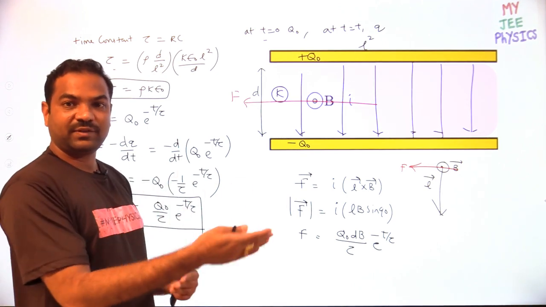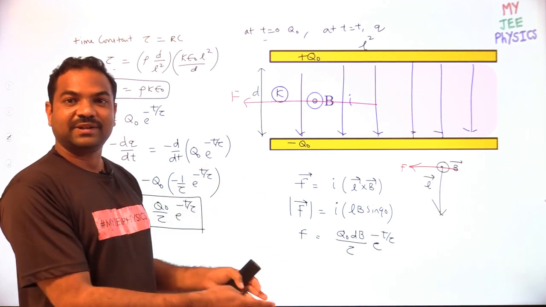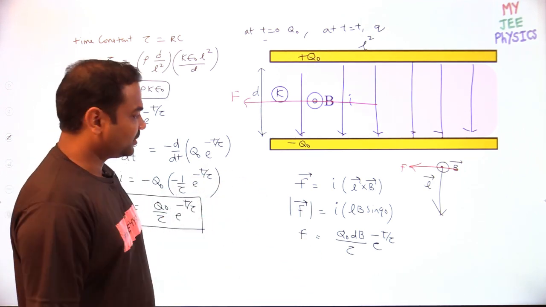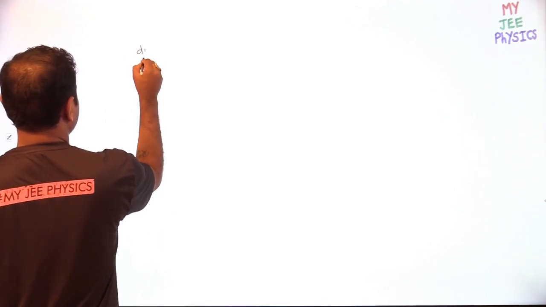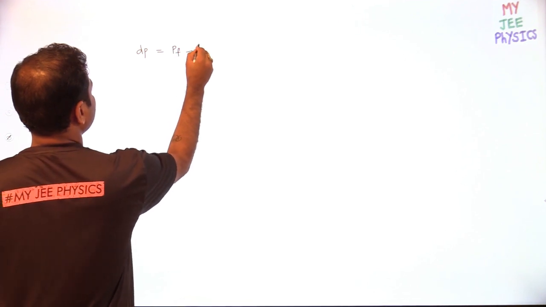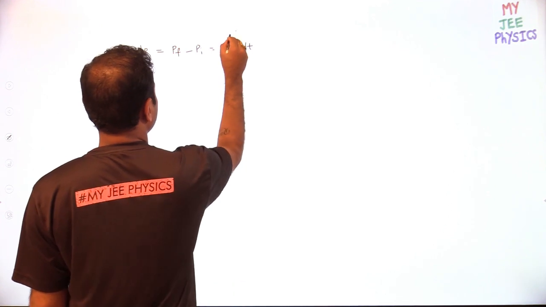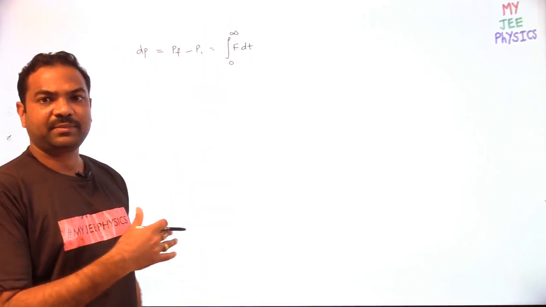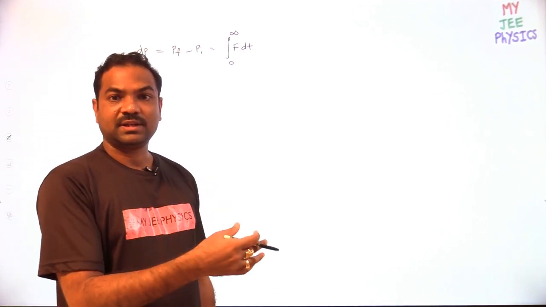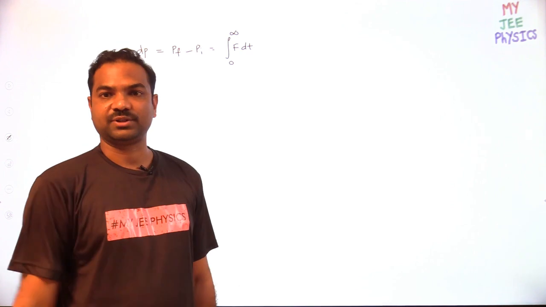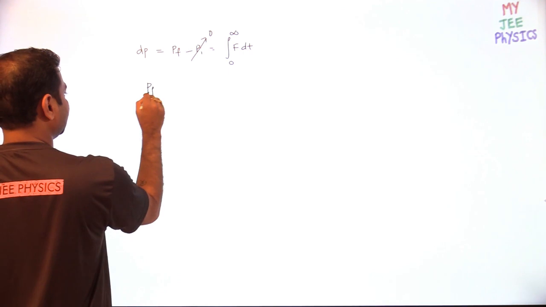That means 0 to infinity, this is the time interval. In this time interval, this is the force acting. That will give you momentum to the dielectric. So that logic I am applying now. Okay. So momentum change dp, which is final momentum minus initial momentum, can be written as what? Integral f into dt, but this is acting from 0 to infinity. Understood why I am taking the time interval from 0 to infinity? Because that is the time interval in which the charges will get discharged on the capacitor. Okay. So initial momentum is 0, we only require the final momentum, that is the total momentum.